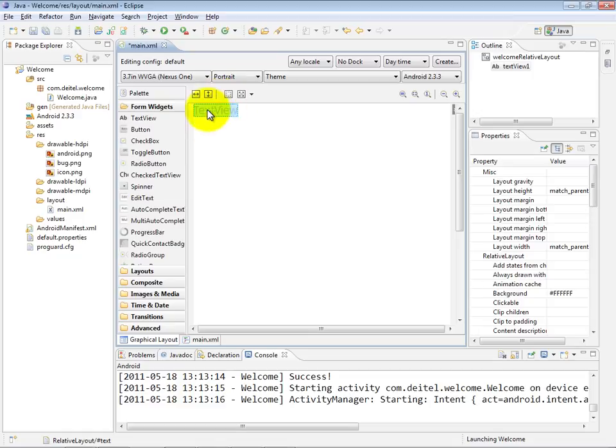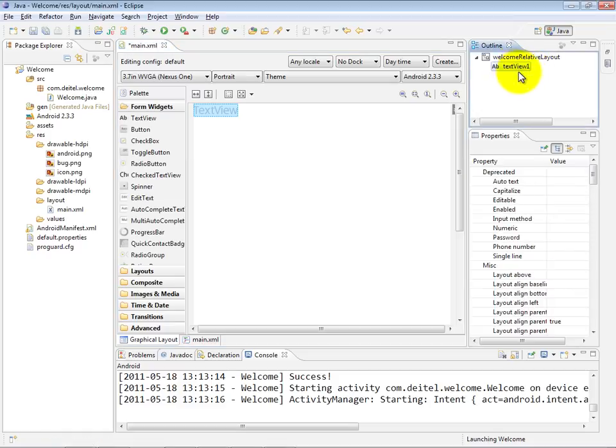First of all, you'll notice that the text view is in the upper left corner of the screen, that it's displaying the text view, and it appears to have been sized precisely to the height and width of that content. And then separately, you can see that the name of this object is TextView1 by default, or its ID, if you will. Now, if I go ahead and select the text view, we can see its properties down here in